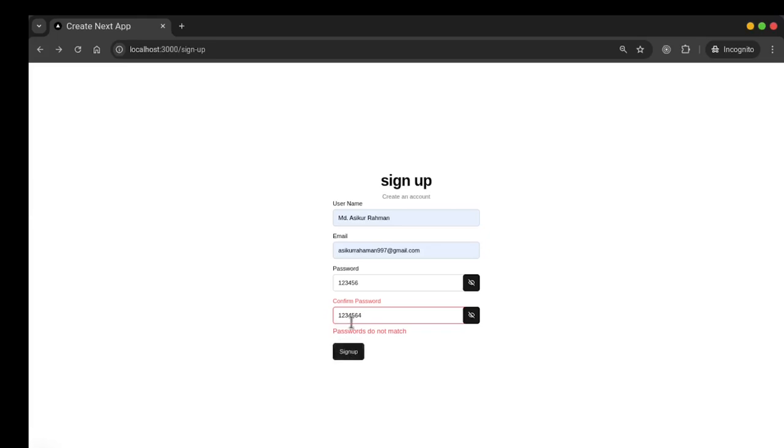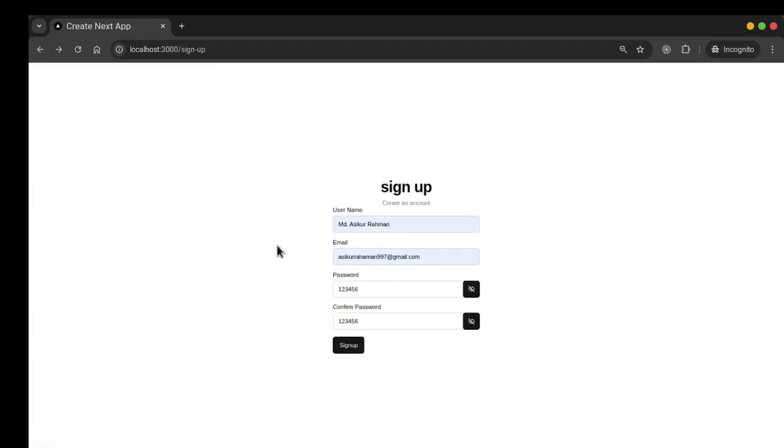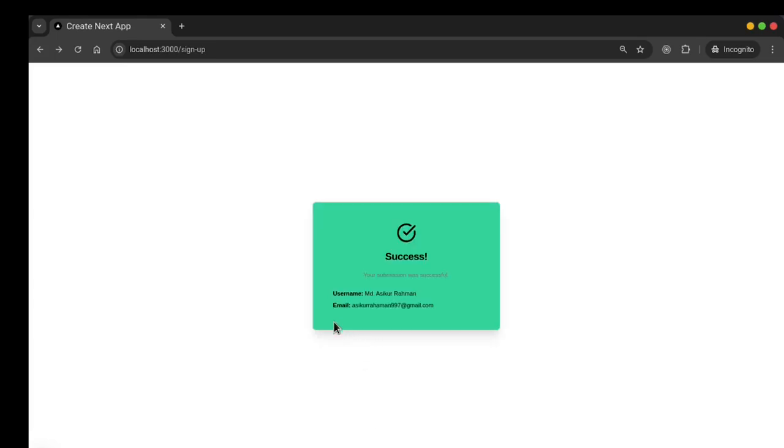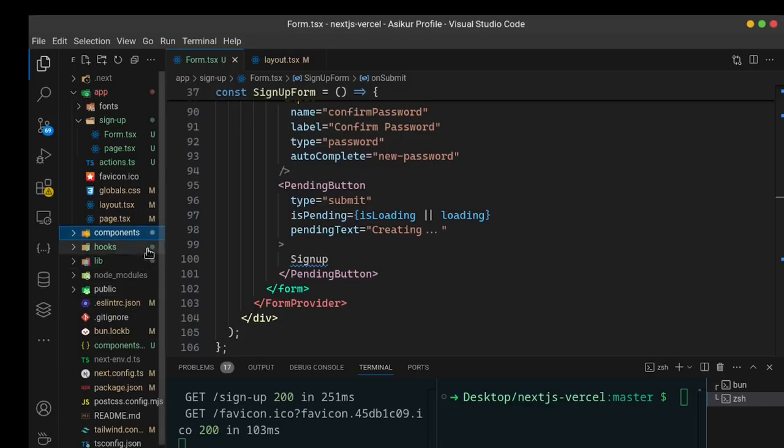Without it we are not able to sign up. So if we give the exact data, everything is fine and I don't have any errors. And here you see a loading message or pending state, and after form submission, here you can see the data and a success banner appears here on the window. So here is the form. So if we move to our code base,